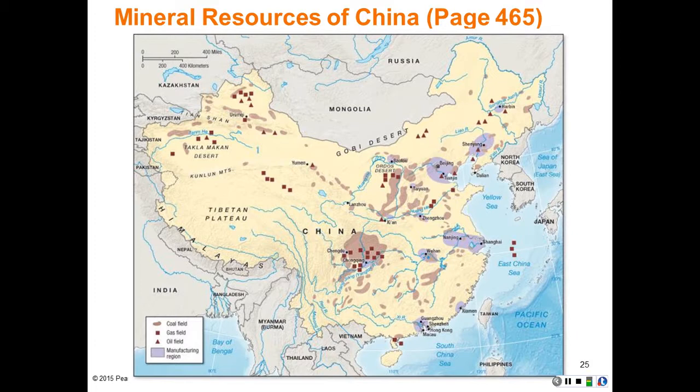Much of them are on the interior, but transportation systems have been developed to move a lot of this energy into the industrial regions in the east. Coal is relatively prevalent throughout much of the country and is used extensively for manufacturing and creates many pollution problems, especially in Beijing, but also in other regions and in the other economic commercial regions to the east. China's mix of domestic energy resources consists of coal, oil, natural gas, hydroelectric power generation, some nuclear,